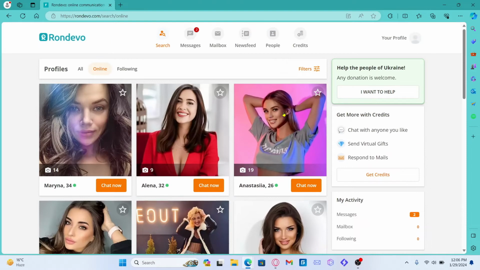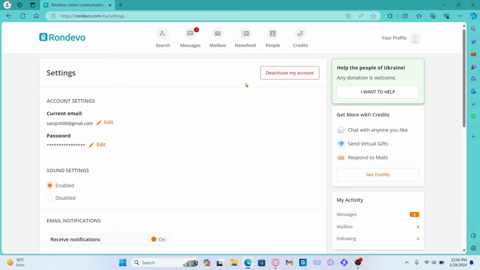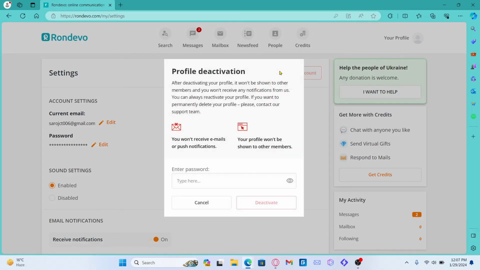Now, once you are inside the home page, you will see various profiles. From this page, if you wish to delete your account, click on your profile at the top right corner and then click on settings. Now, from the settings page, right at the very top, you will find deactivate my account. Go ahead and click on it and you will be asked whether you are sure that you want to deactivate